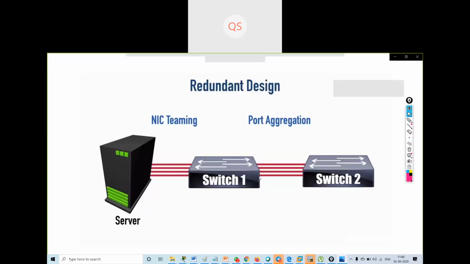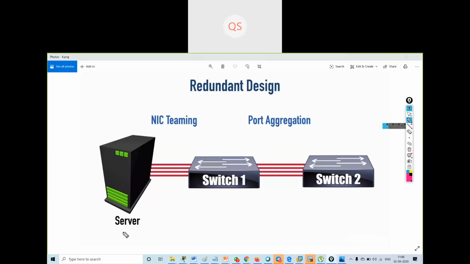Or if I go into the switching concept of redundant design, we have some servers, and in some types of servers we have multiple NIC cards. So we can form NIC teaming. We connect each NIC card to a switch interface, which gives me redundancy.